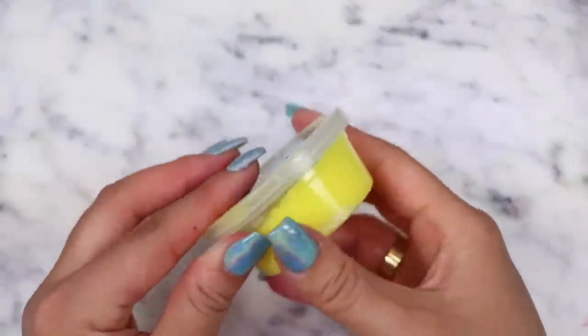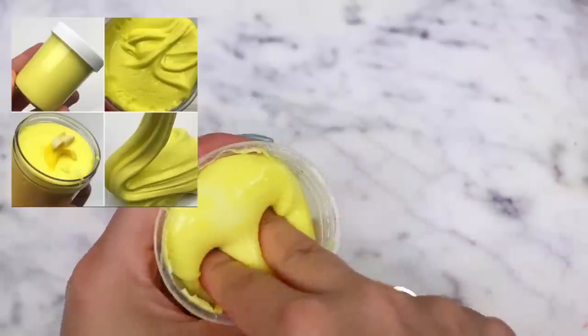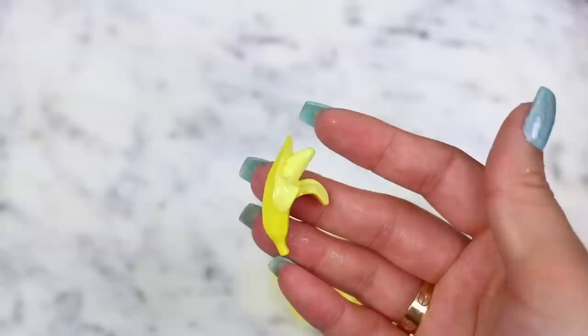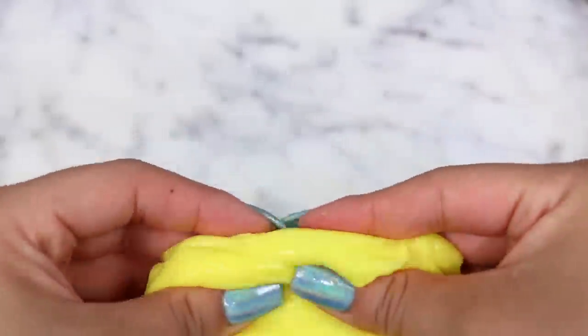Next up, we have a banana slime. This looks pretty similar to the listing, but I thought the container would have been bigger. I guess I didn't pay attention to the sizes on the listing, but just from the picture, it's kind of misleading. So this slime did come with the banana charm, which was nice, but for the texture of this one,